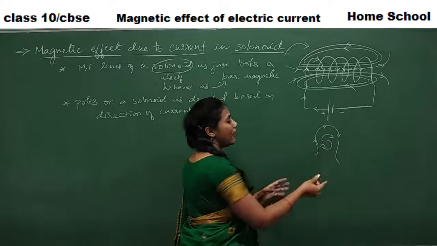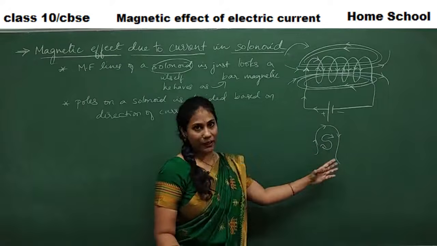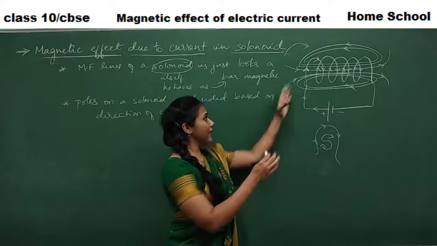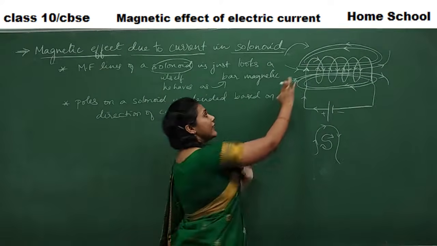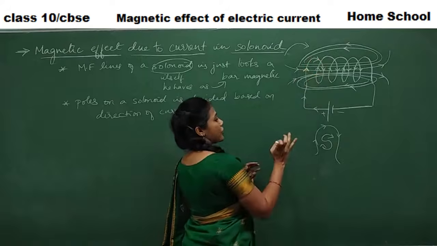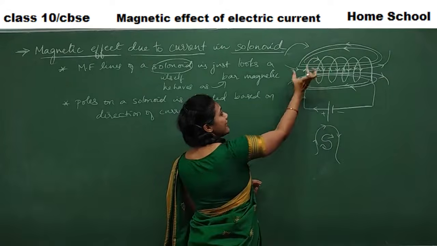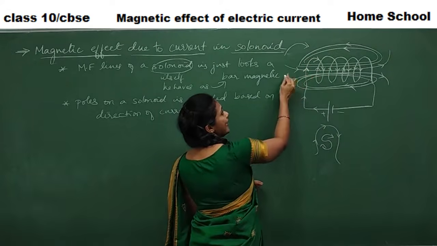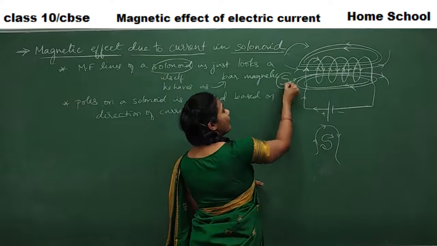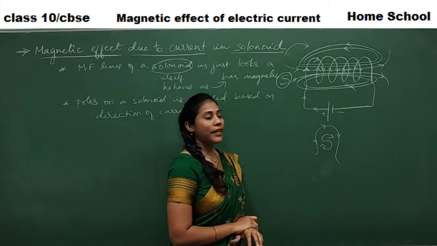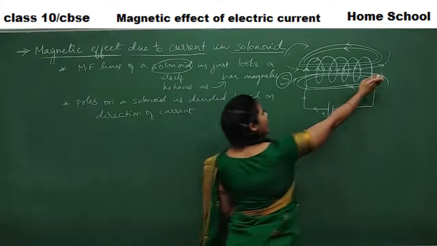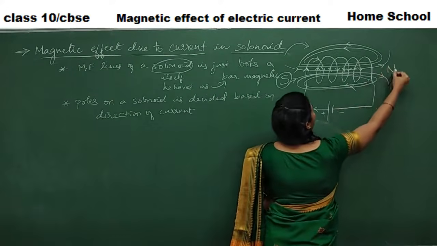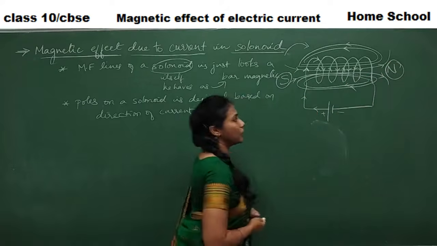So this is a trick that I told you to remember, right? So here also same thing. From this side, if I see a solenoid, the current is moving in a clockwise direction. So definitely this end of a solenoid will have a south pole. Okay. And now if this end is a south pole, definitely the other end will be a north pole.